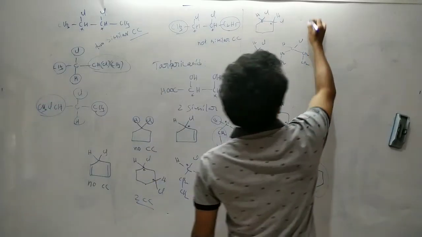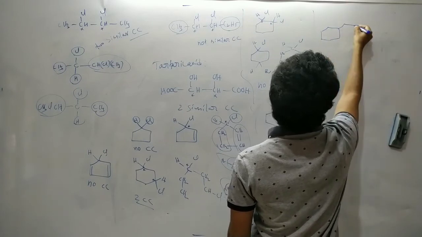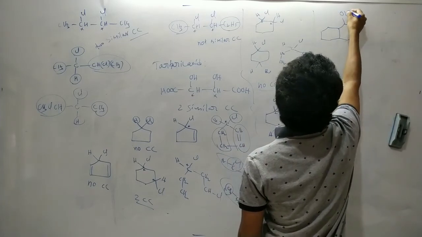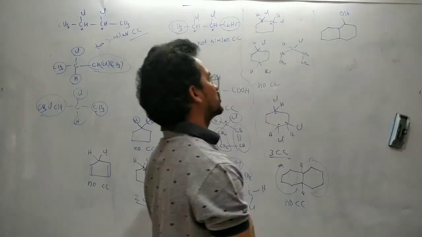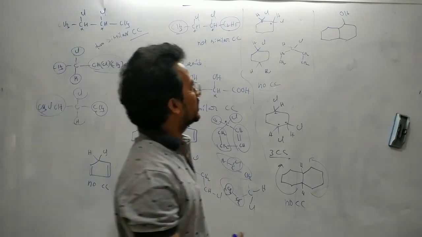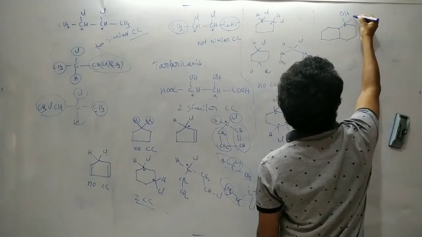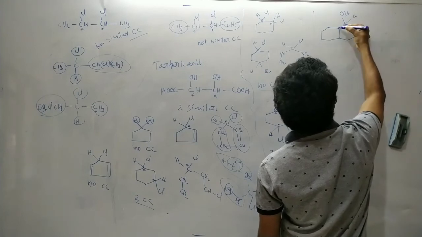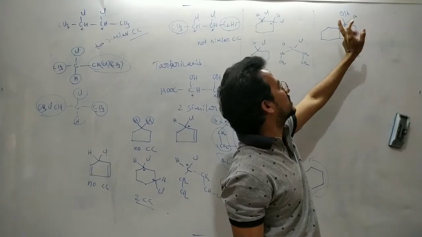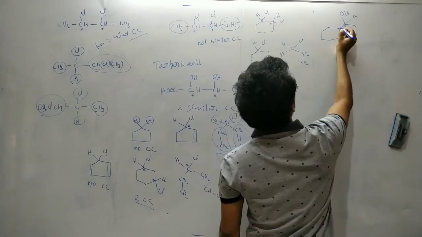Suppose we just disturb the structure. Here there is an OH group. Now it has 3 chiral carbons. This one is a chiral carbon because of OH, hydrogen, here CH2, and here it is a CH. There are different carbons. It is a secondary carbon, it is a tertiary carbon.